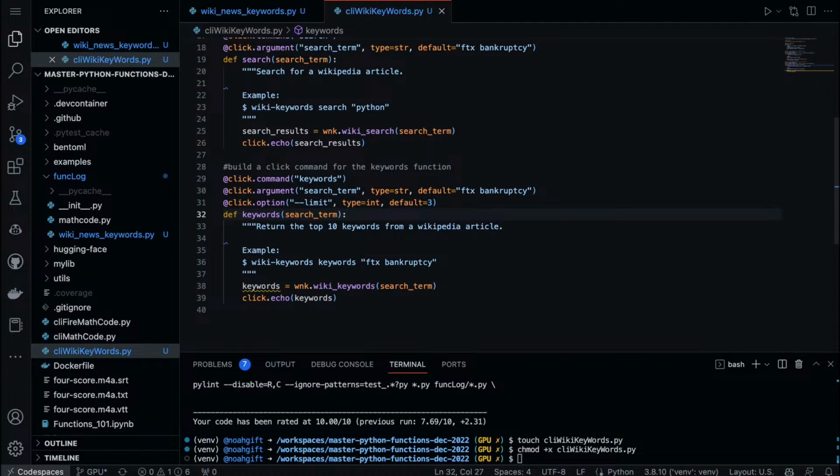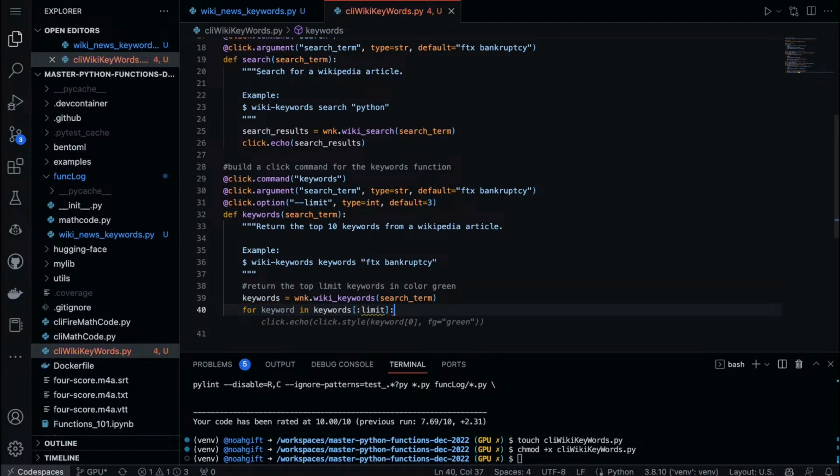And could we even tweak it a little bit and say, return the top limit keywords in color green. Sure. So there's the keywords for keyword and keywords limit, and we can do that.